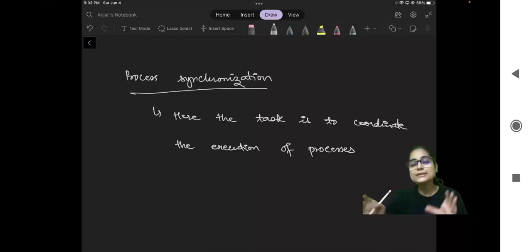no two processes are sharing the same resource at the same time. Let us say you want to print something and a user B also wants to print something. In such a case, nobody can actually complete it. But if we assign it in such a way that one completes first and then it gets assigned to the second one, then the execution will complete and both can complete their task. So the task is to coordinate the execution of the processes in a way that